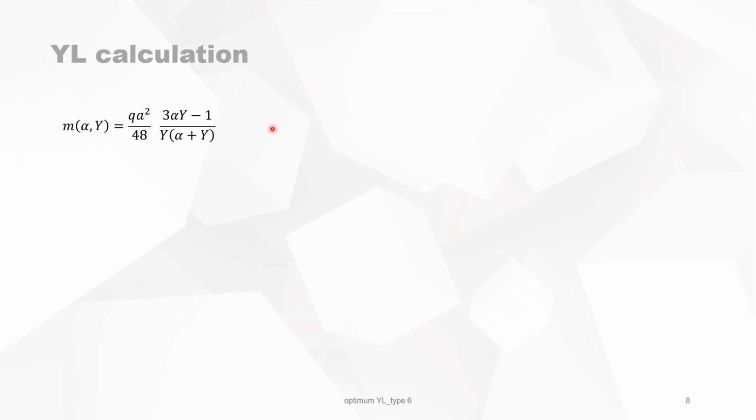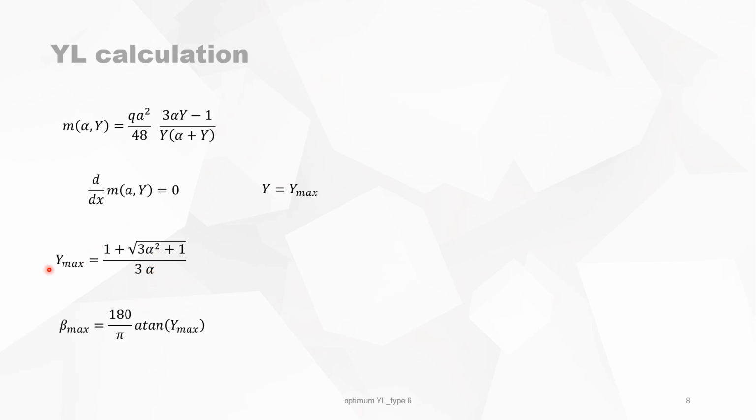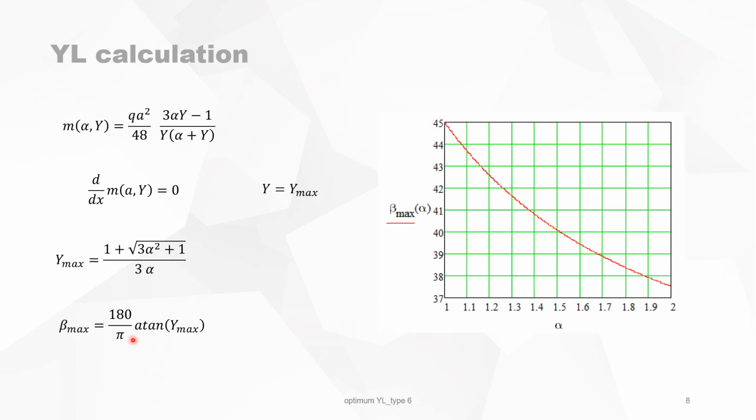So the general function of the bending moment for type 6 slabs is of this form. And now we are going to maximize it. So we look at the first derivative in y to obtain y max. You have an equation, you solve this equation and you arrive at this expression. So it's only a function of alpha. Beta max is of course the arctangent of y max, but expressed in degrees. In a graph, beta max